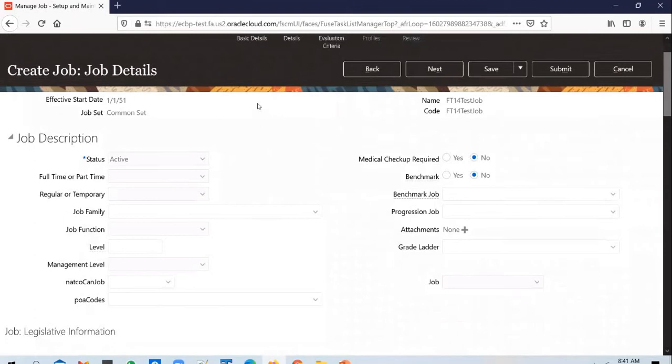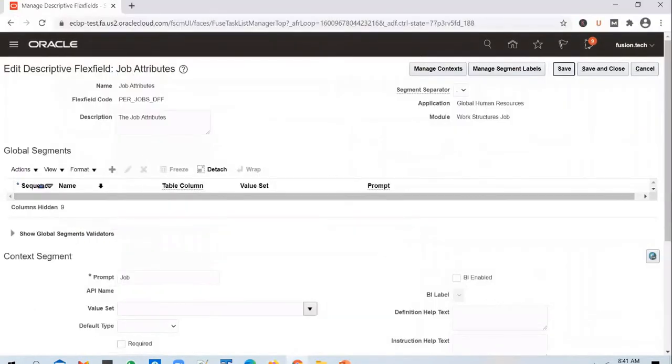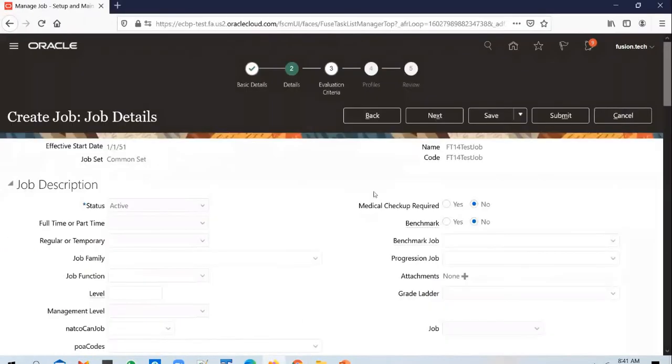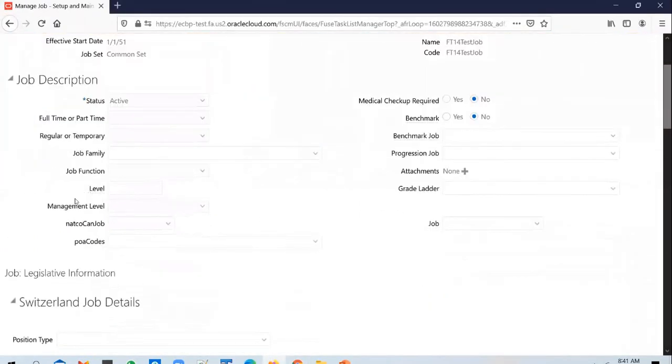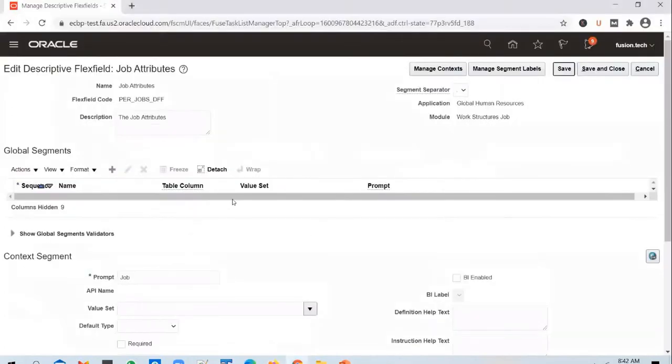So as and when you create a job, if you enable country and city as global segments, whenever you come into this job details screen, they will appear directly here, like country and a city. That is like enabling segments as global segments. They will appear by default. But that is not how we usually enable DFFs. We usually enable them as context-based segments.